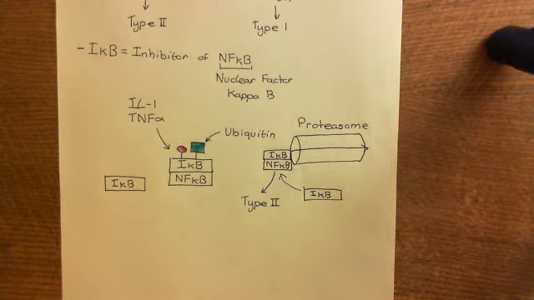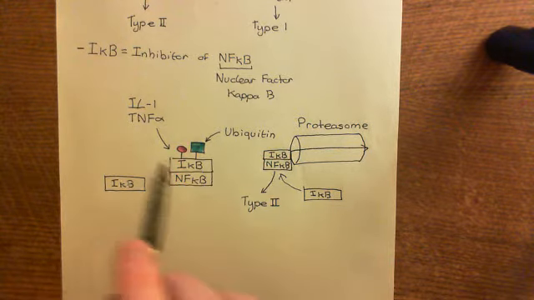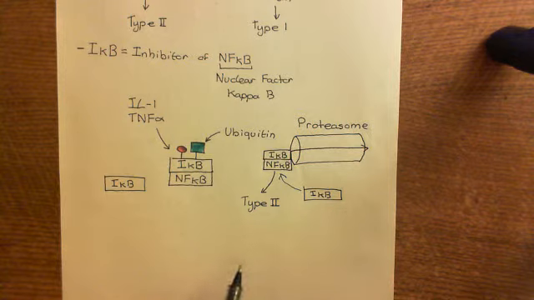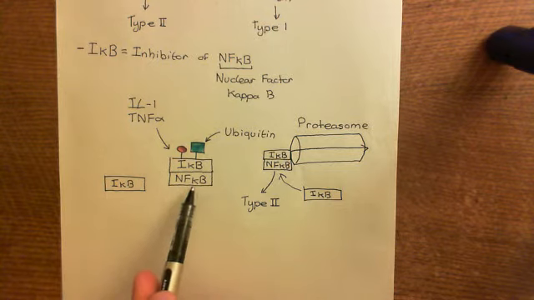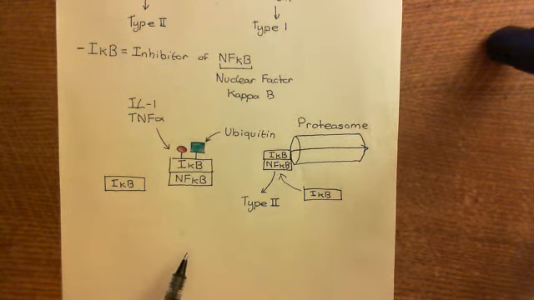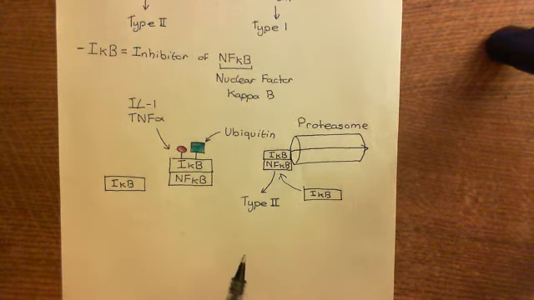That's one of the major ways you're going to block inflammation, by stopping type 2 activation. You're also going to attack the actual outcomes of NF-kappa B getting through to the nucleus. So remember, we discussed that NF-kappa B is a transcription factor, and if it does get through to the nucleus,